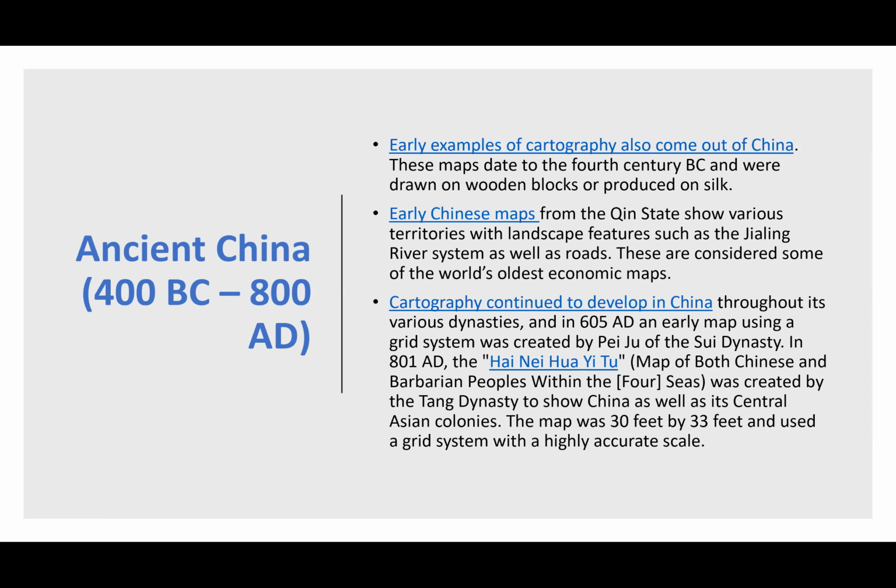And this was a pretty significant map, 30 by 33, and it used the grid system. So I want you to take a look at that because it has a really accurate scale. And I think that, again, as we're starting to see the science behind what we're representing and what we see and interpret in our mind, and putting some science to it as to, are these accurate measurements, what measurements are used, and it's going to vary the type of measurement, or the linear measurement systems are a little bit different, but again, using some sort of representation of reality. And so our understanding of reality starts to increase with the use of maps.